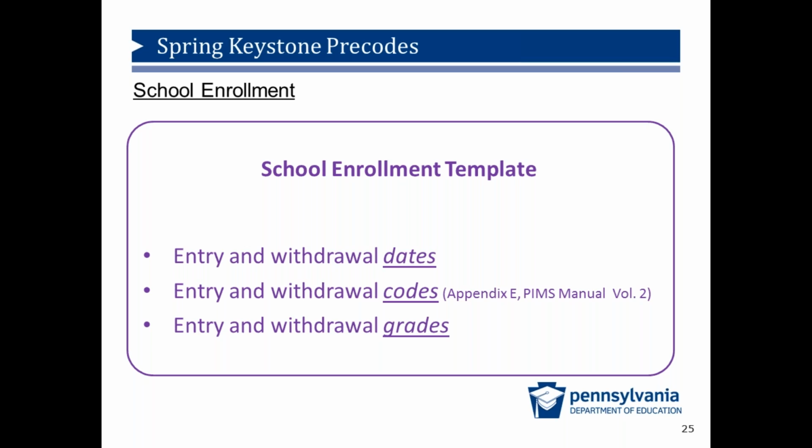The last day of the testing window for the 2017 Spring Keystone exams will be May 26, 2017. First example, a student with an E01 code and entry date of September 1, 2016, and no withdrawal code or WD code on the last day of the Keystone testing window of May 26, 2017, would be considered to have met the definition of full academic year because the student entered the school on or before October 1 and was continuously enrolled as of the last day of the Keystone testing window. In this case, the student's results will be used for accountability reporting.